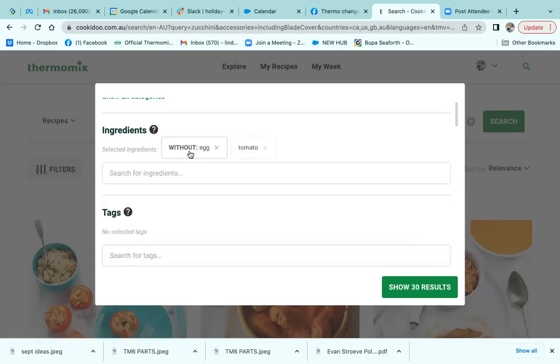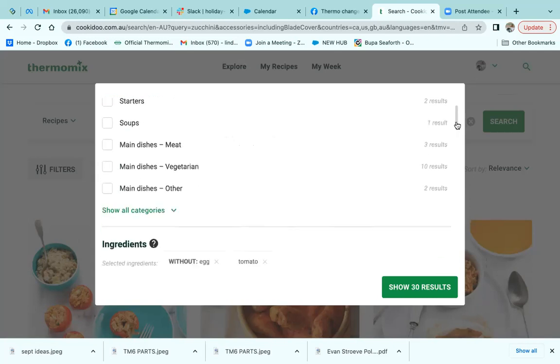And now you'll see that across here where it says selected ingredients, I'm now looking for recipes that have no egg, so without egg, but they do include tomato and my first ingredient that I've got, which was zucchini. I can actually bring that